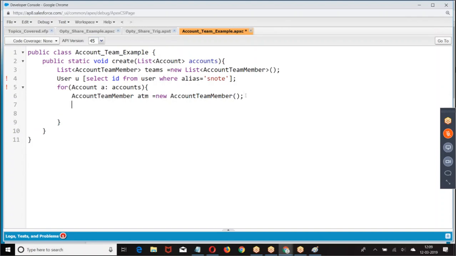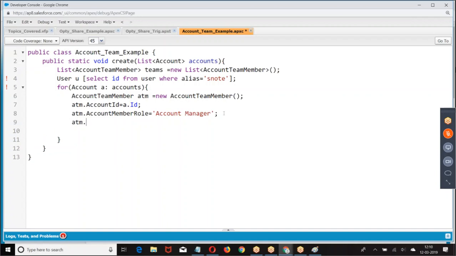Then I want to share. With whom do you want to share? ATM dot account ID equal to, then account team, I'm going with account manager.